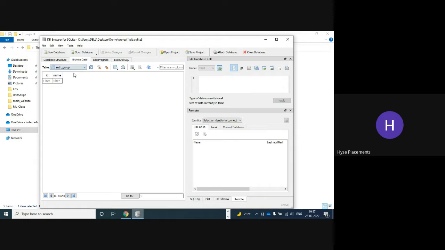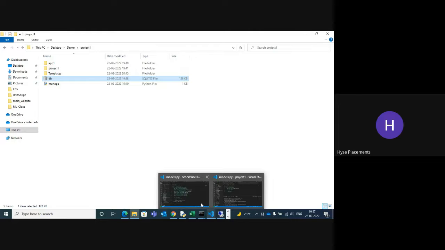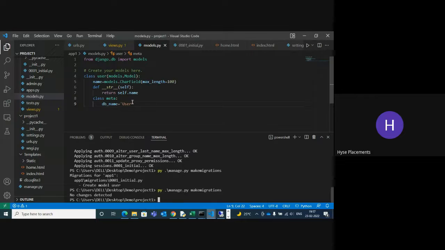It has an ID and a name. By default that name is taken. Otherwise you can delete all these things. By default it's the name now. Once I save it and again make migrations and apply the changes.